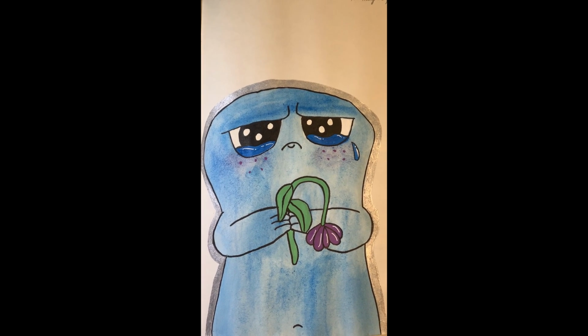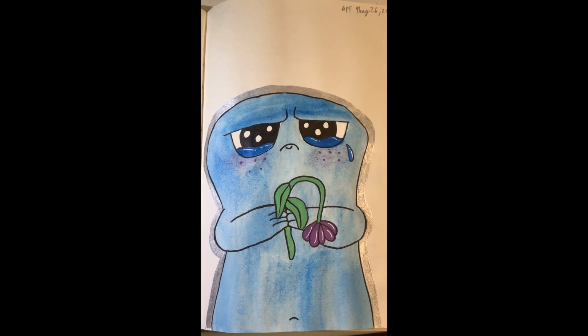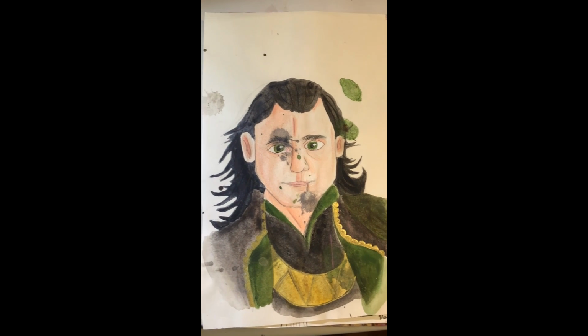This is one of my favorite art pieces that I've done this week, and his name is Dewey, and he's sad that his flower drooped on his way home. He's so cute. Loki from Marvel, and he